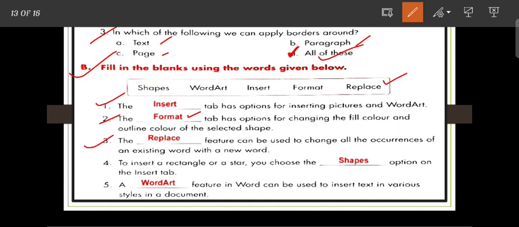Number 4: to insert a rectangle or a star, you choose the Shapes option on the Insert tab. Number 5: the WordArt feature can be used to insert text in various styles in a document.